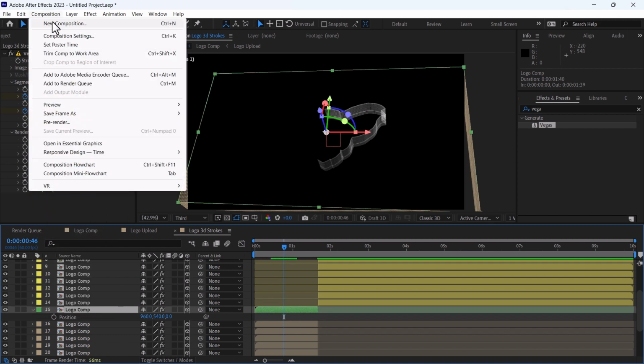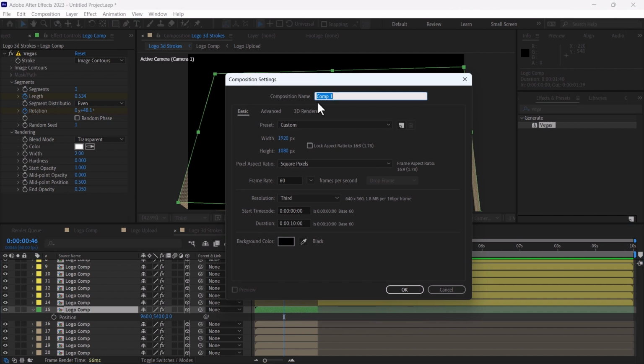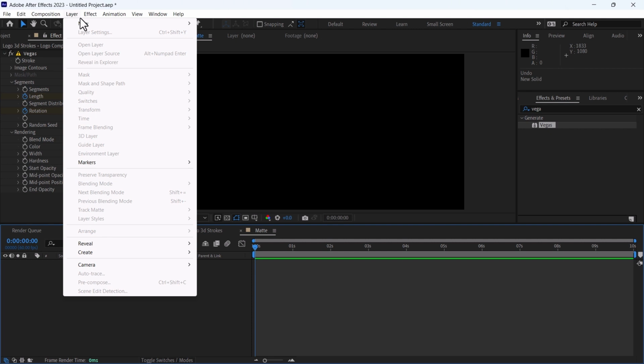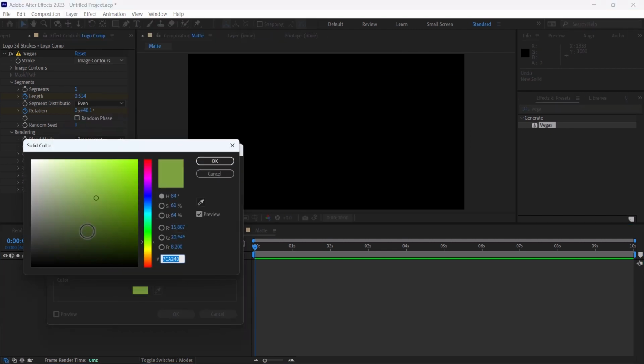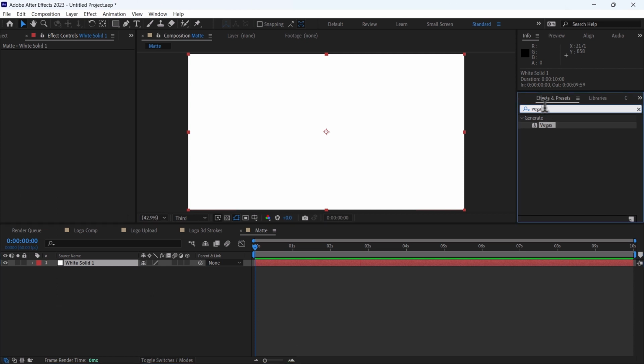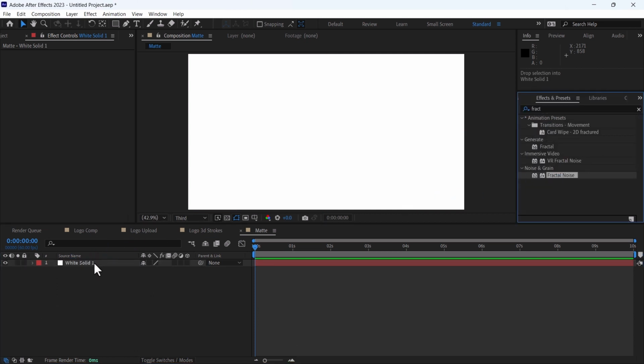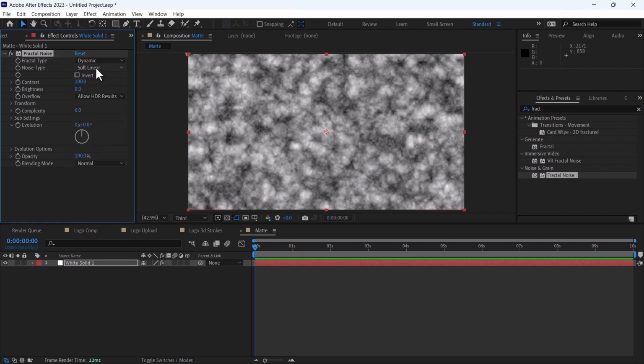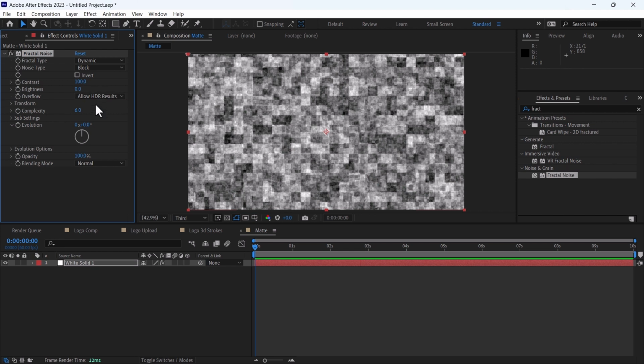And create a new layer and change its name to matte. Add a new solid, change its color to white. Use effect fractal noise and change the type to dynamic and noise type to lock. Also change the contrast to 370